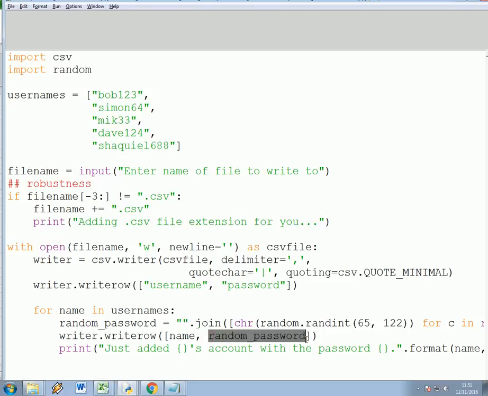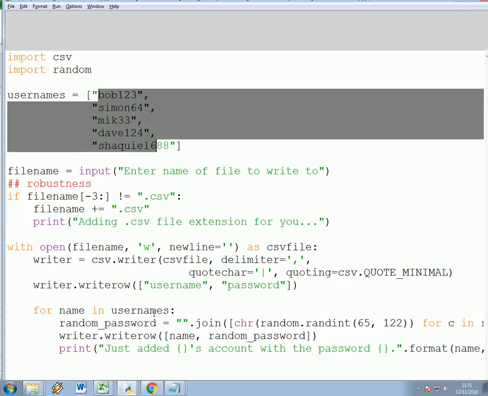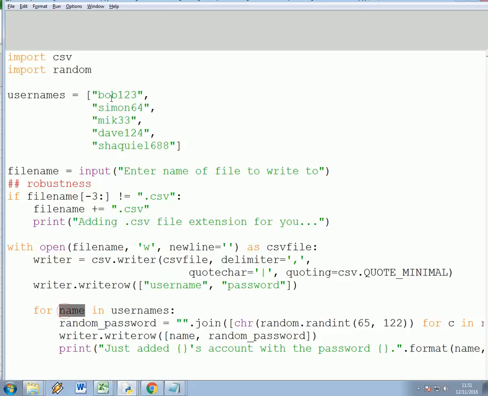instead of just doing that each time, I'm going to write each username to the spreadsheet, and I'm also generating a random password using something called a list comprehension. Don't worry too much about this code, but simply it generates the random password and then writes the name and the random password to the spreadsheet. So because this is in a loop and there's 5 usernames, it will do this for each username each time,